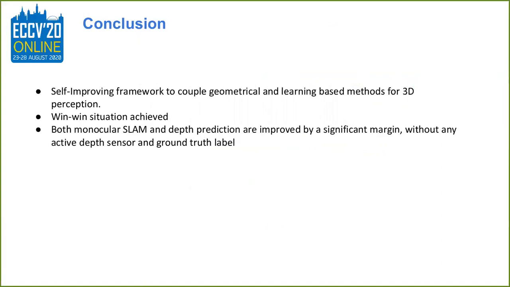Coming to conclusion, we propose a self-improving framework to couple geometric and learning-based methods for 3D perception. A win-win situation is achieved. Both the monocular SLAM and depth predictions are improved by a significant margin without any additional active depth sensor or